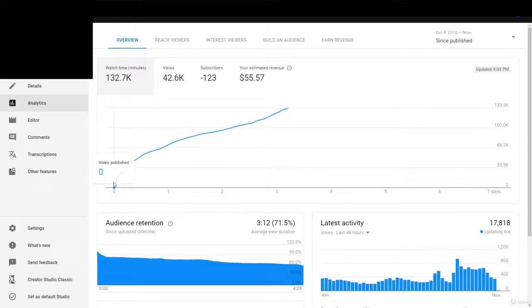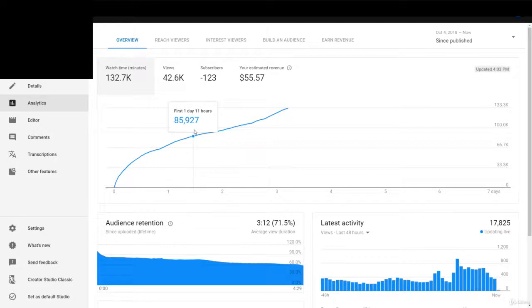And I really like the new YouTube Studio Beta too, because you can actually see the first couple hours, like how much watch time and how many views the video got within the first couple hours, and how many it's been getting since then. And you can also see revenue too, but revenue just shows per day.